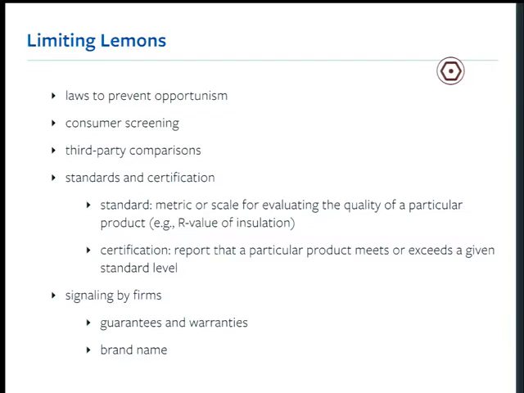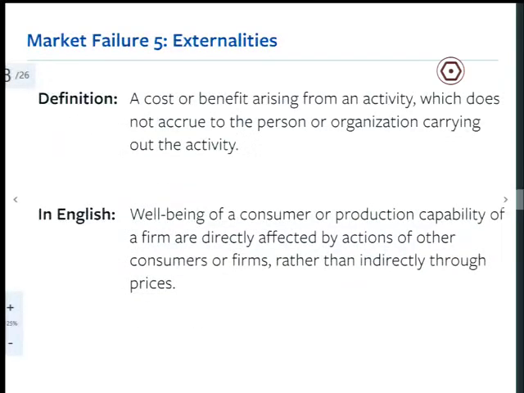So these screening type mechanisms are really becoming more and more popular, not just for cars, but for all types of goods. And that's obviously a good thing for consumers, not a good thing for sellers of low quality goods. All right? That's all I'm going to say about informational asymmetries. There's much, much more there.